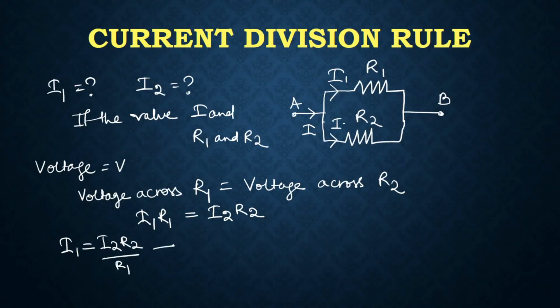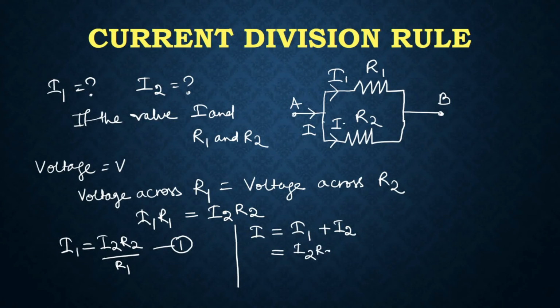This is equation number 1. Now from KCL I can tell the total current I is divided into two parts, that is I1 plus I2. Now putting the value of I1 from equation 1 in this place,